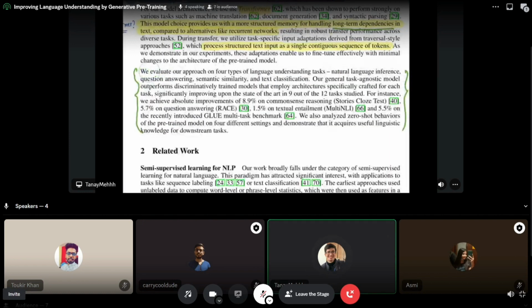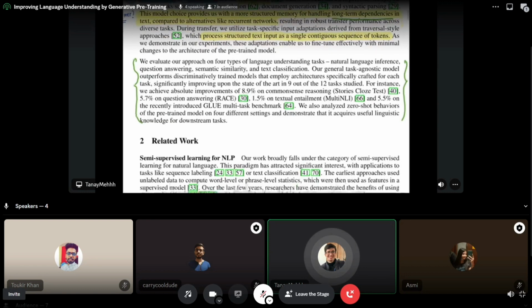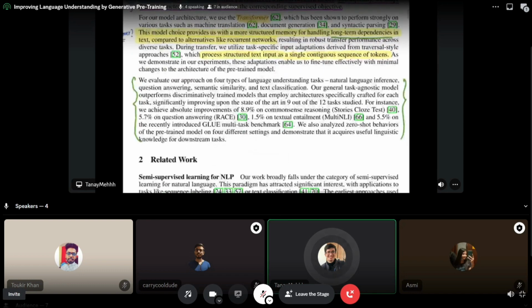But in essence, what you need to understand is that tokenization takes a bunch of text and converts it to numerical form so that a model can do computation on it, because a model doesn't understand these strings, which are essentially represented as strings inside Python. Anyways, as you can see, we do the tokenization, and the model uses structured text input as a single contiguous